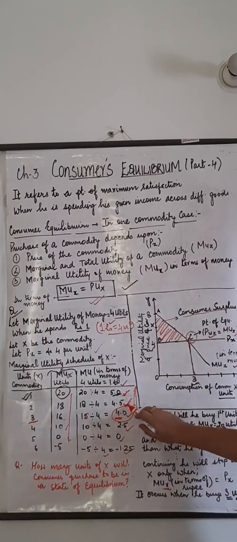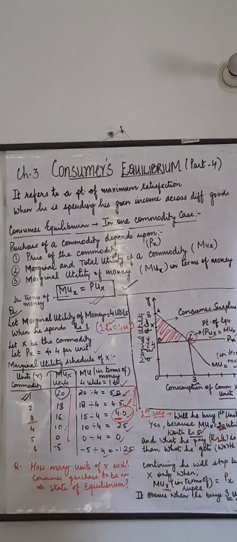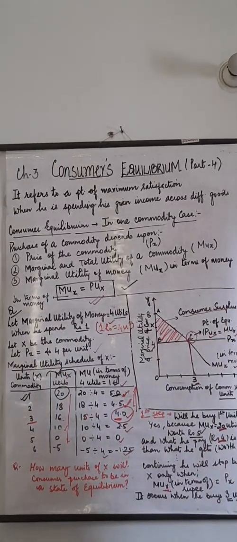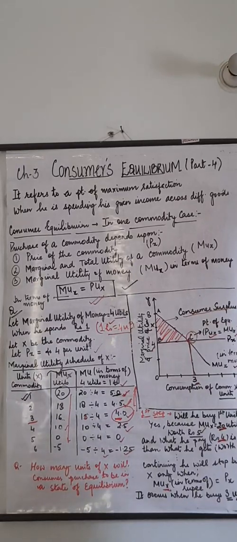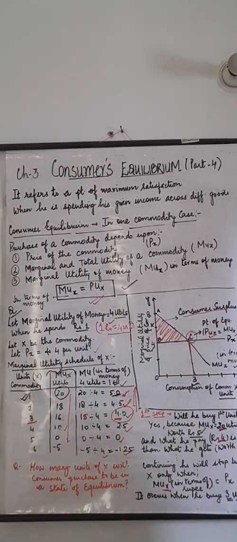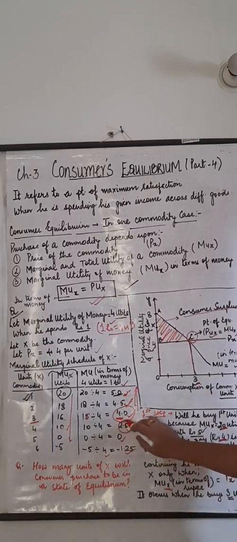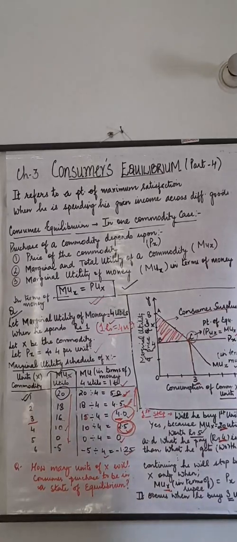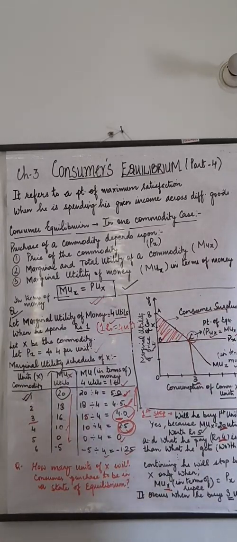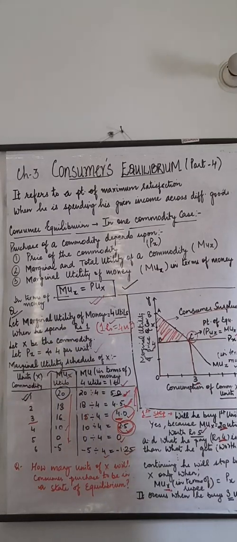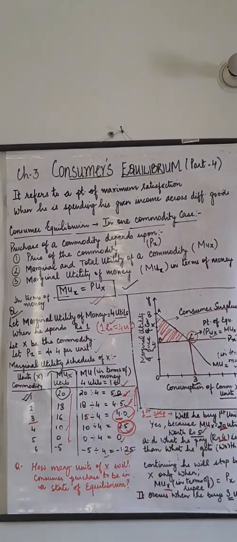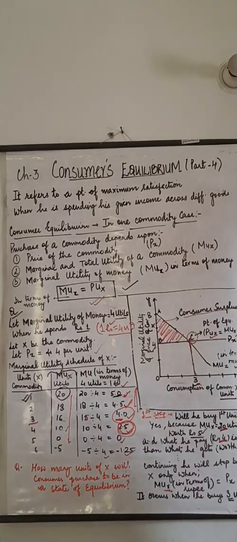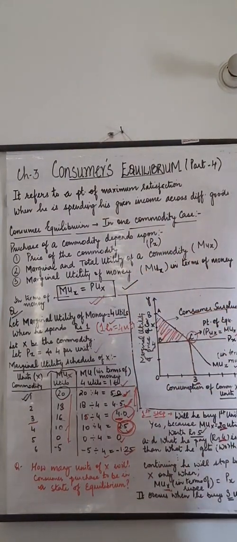He will consume 4.5 because he had to give rupees 4 and he is getting the satisfaction worth rupees 4.5. He will definitely go for it, but he will not purchase the thing of 2.5, where he gets satisfaction lesser than what he is paying. Why would a person purchase that when I am not able to justify the amount that I am spending? Sometimes we go to the market and purchase things that are not worth that price, so they are lesser worth it. So this is the concept of consumer equilibrium.